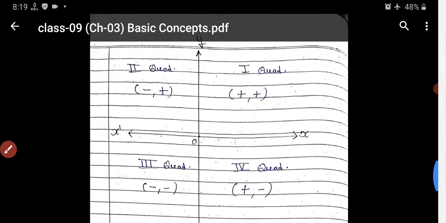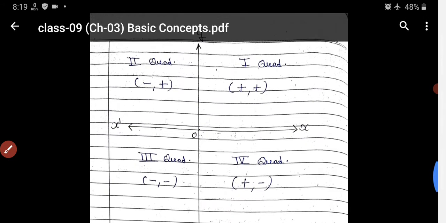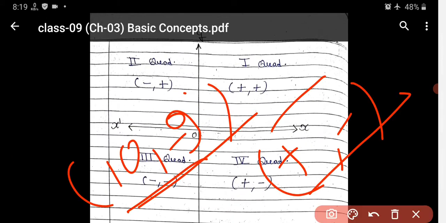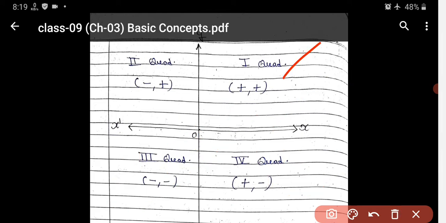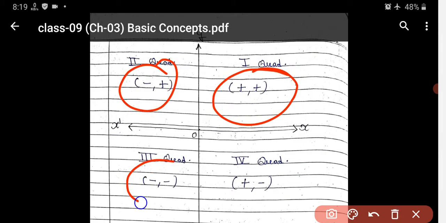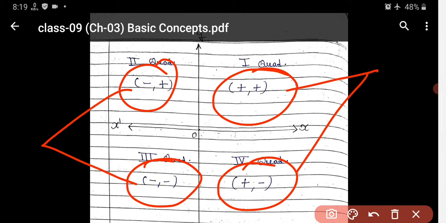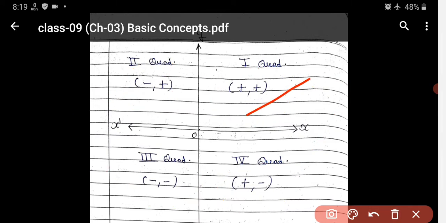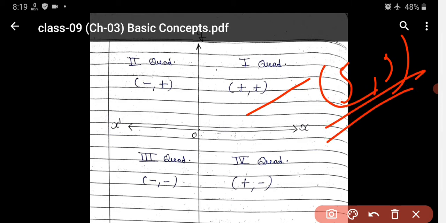Okay. So what are the signs? When you draw these two lines, the plane is divided into four parts, known as quadrants: first quadrant, second quadrant, third quadrant, fourth quadrant. The important thing is you have to remember the signs also. In the first quadrant the signs are plus plus, second quadrant minus plus, then minus minus, and plus minus. These are very useful to find the location of any point without plotting it on graph paper. If the form is like (5, 9), both are positive, so without plotting you have to say that it lies in the first quadrant. If the point is (-5, 9), minus plus, then it lies in the second quadrant.